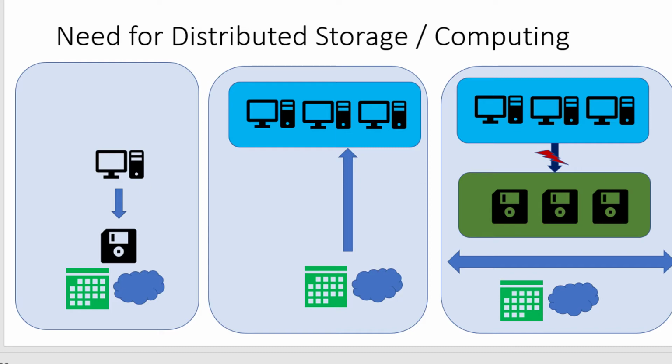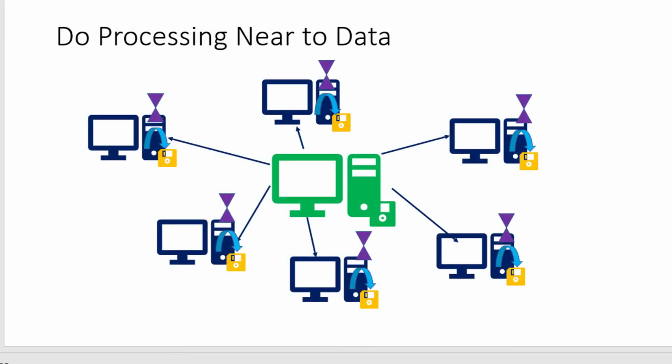That's where the methodology of doing the processing near to the data evolved. Whenever the data is stored in multiple systems, every system will have its own compute power. So frameworks like Hadoop and Spark evolved, where the data would get distributed across multiple systems. At the same time, the processing also will happen near to the data, and the result would get collected and consolidated. This was helping to do the processing on an enormous amount of data in a very short duration.